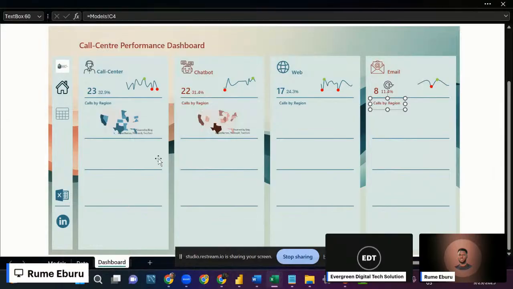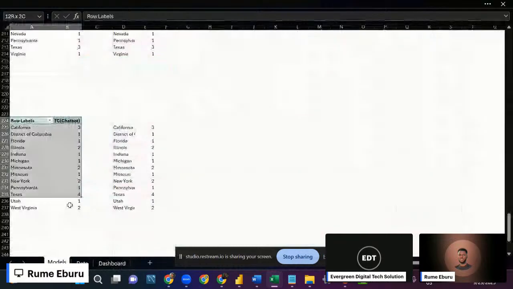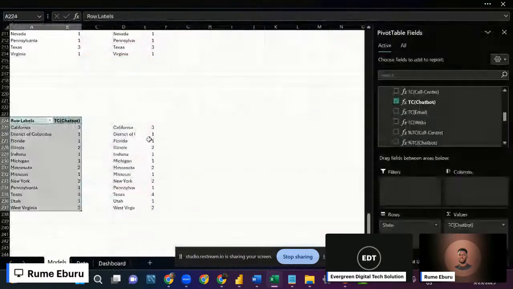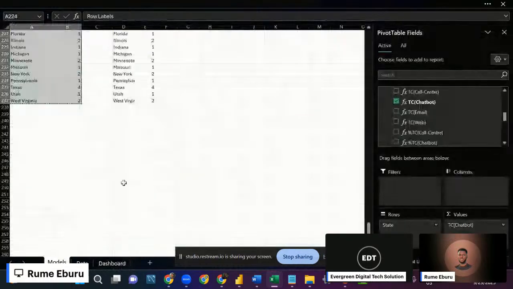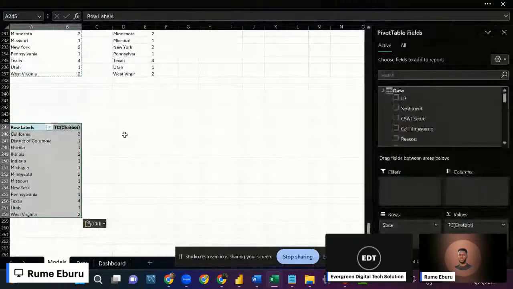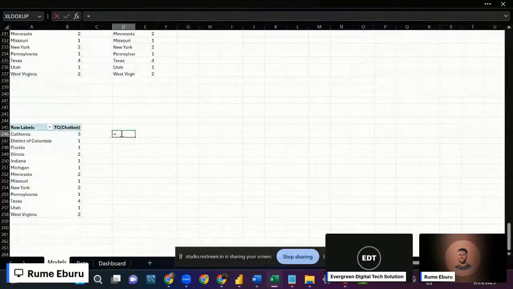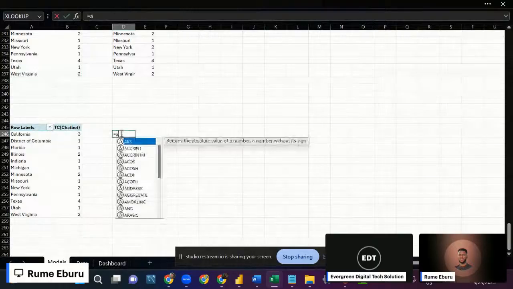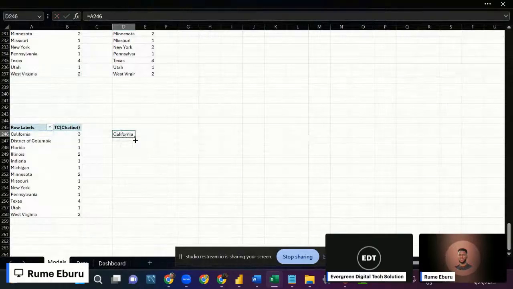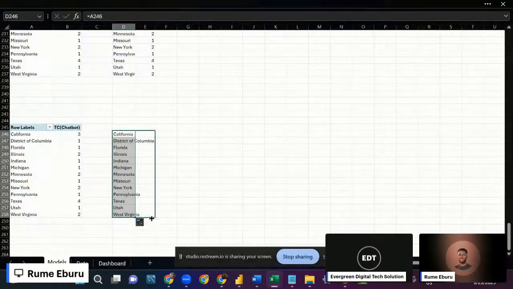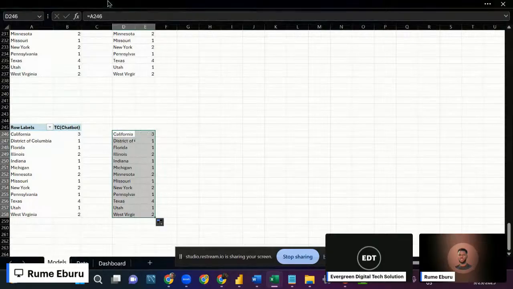So now let's create for the next one, which is the web. So it's basically the same thing, repetitive work here. So Control V. So click on this. This is equals to A246. And so just highlight all of this down here and just drag it this way. Okay, then just come to insert